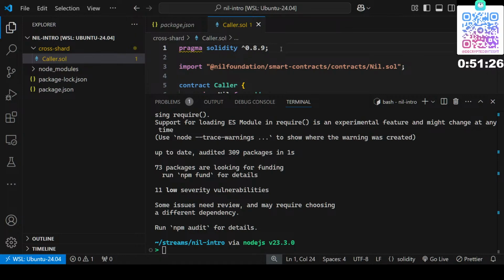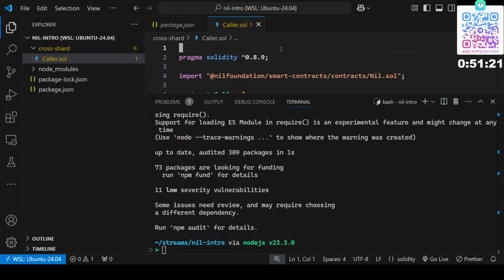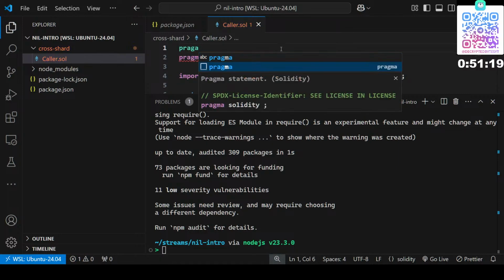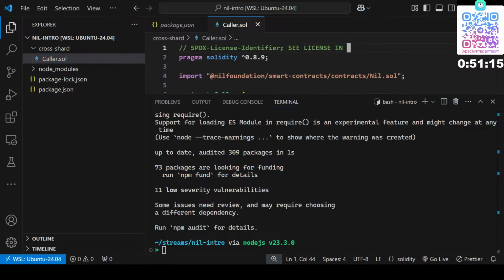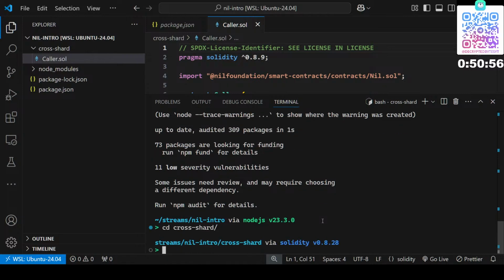Yeah, there is no SPDX identifier. Let's remove this. MIT, or let's keep that as it is. Now we can move on, change the directory to cross shard and run the command to compile this, which is